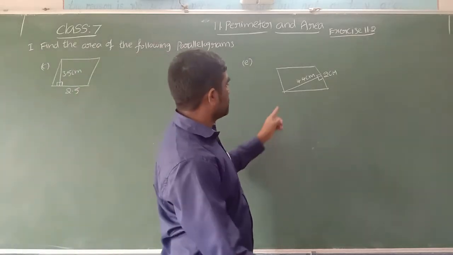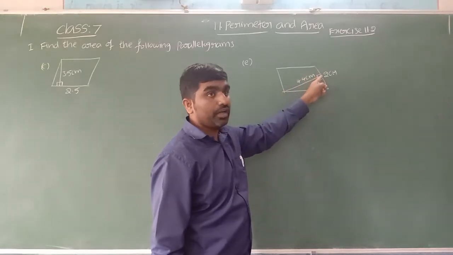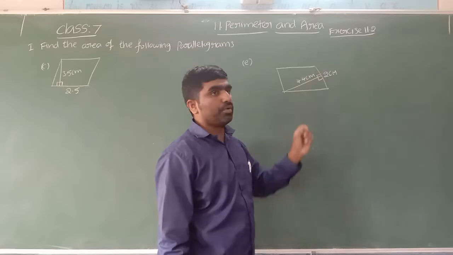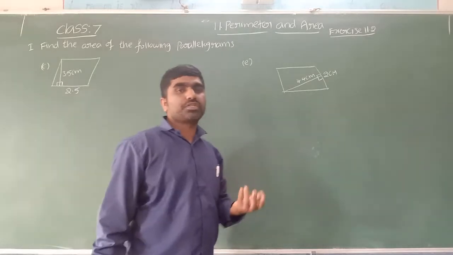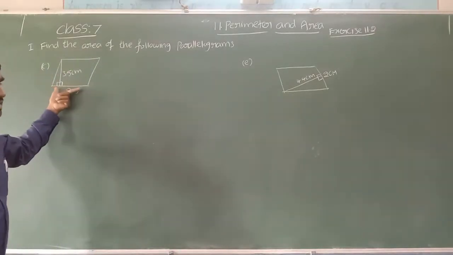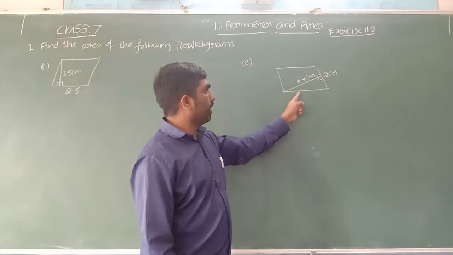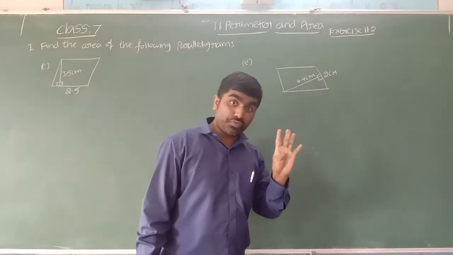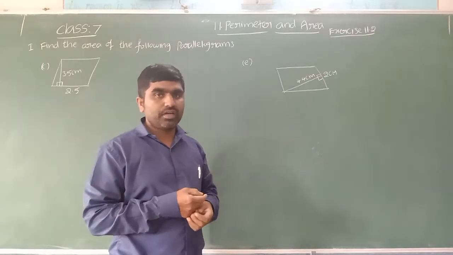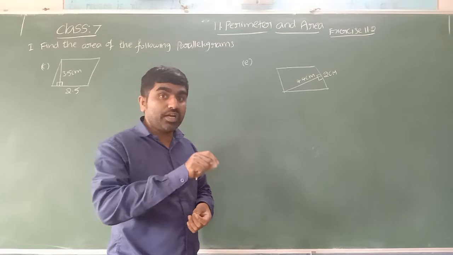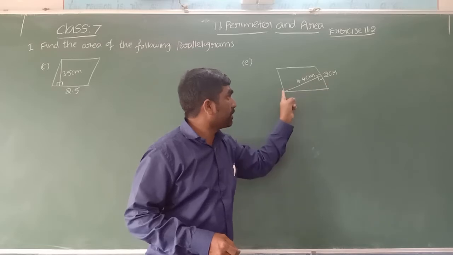And coming to the next, see, this is the height, a line segment drawn from a vertex to its opposite side, which makes a right angle on the opposite side. And this is the base. Generally, most of the students will think that base is nothing but the bottom side. Not like that. Base is nothing but a side of the parallelogram. 1, 2, 3, 4, it has 4 sides. From these 4 sides, any one side we consider as a base. Sir, which side do we consider as a base? The side on which the perpendicular is drawn. Here it is the side of the parallelogram on which the perpendicular is drawn.